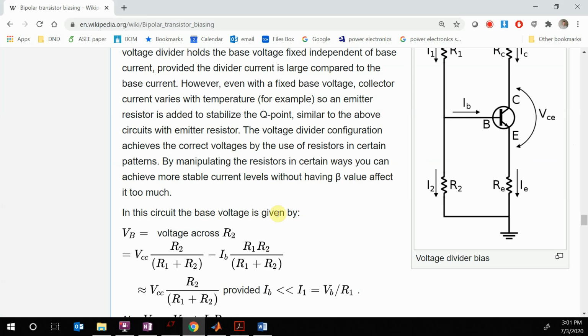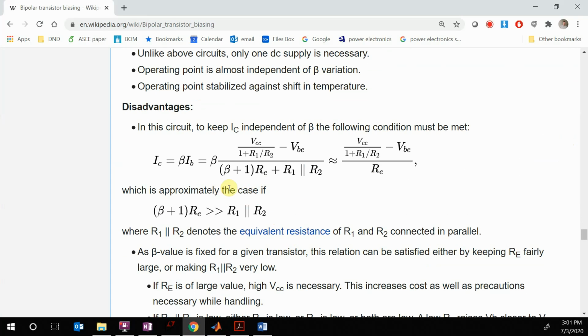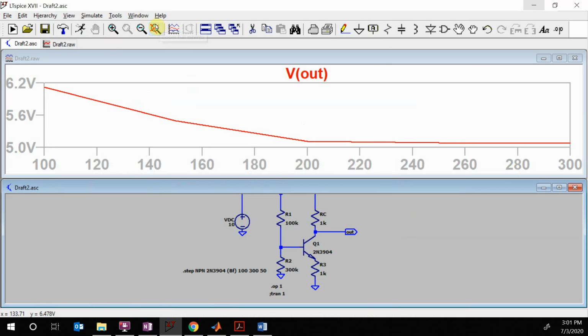If we go and look on Wikipedia, here's the equation that we derived before, and then they make this approximation right in here. And so you see this approximation here is independent of beta, just like we had before. And so that is called emitter degeneration, which makes everything more stable. And that covers voltage biasing. And here is the basic configuration